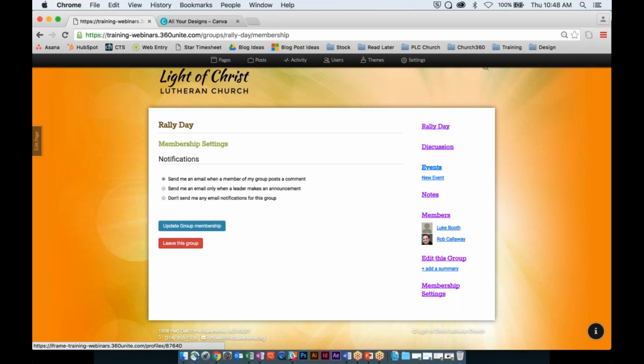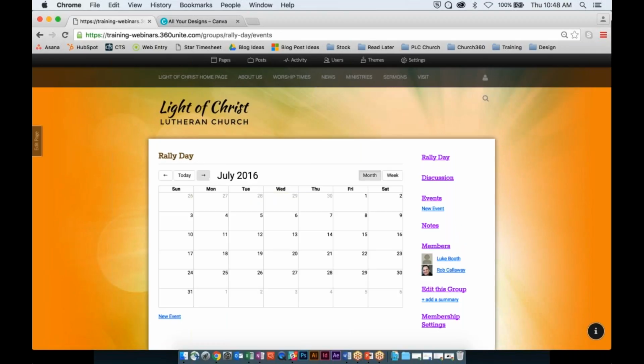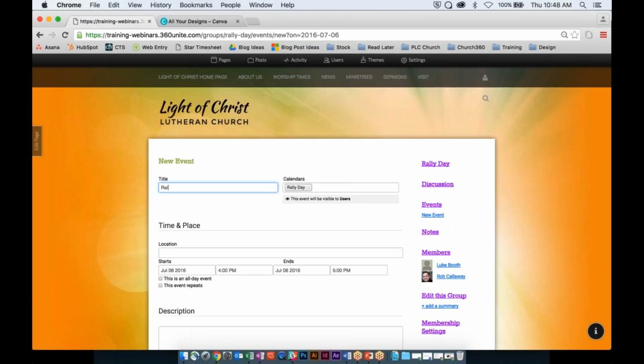Under groups, you have different group events. So you could click on events. And each group has its own calendar. You can create different events in these calendars. For example, I could do on Wednesday, if you double click, I could have a rally day